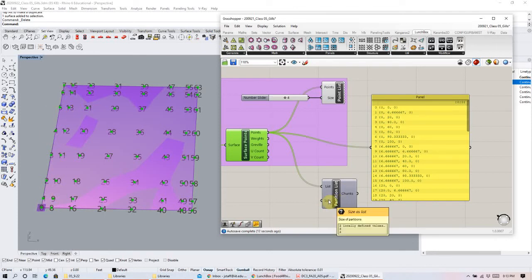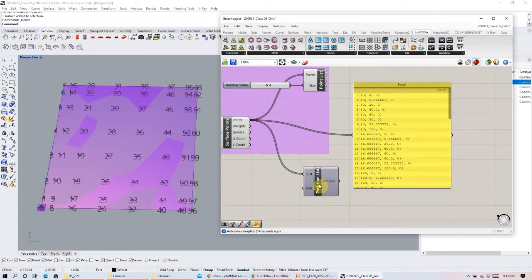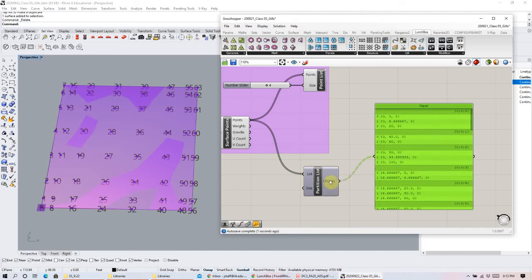That's if we change the size, right? So if we remember partition list, we used this before, where we have the list, and then it will give us chunks, where its default size is set to 3 and 2. So it has 3 values in this first list, 2 values, 3 values, 2 values. That's what partition list is doing for us, but we want 8 lists of 8 items, right? So we need to control the size to be 8 items in one list,